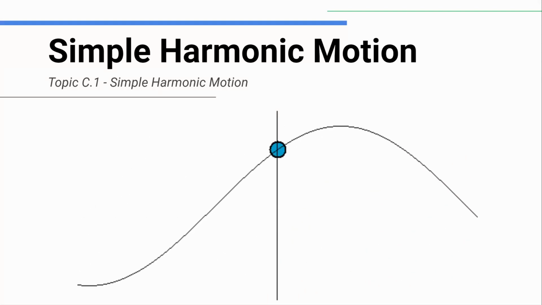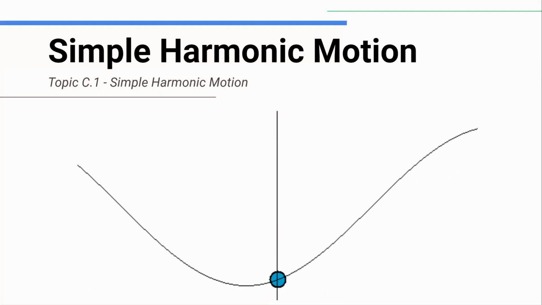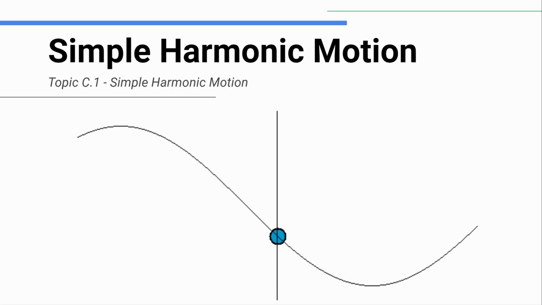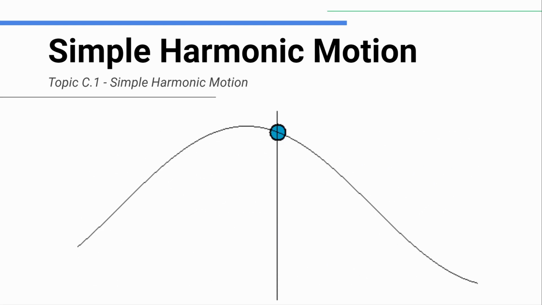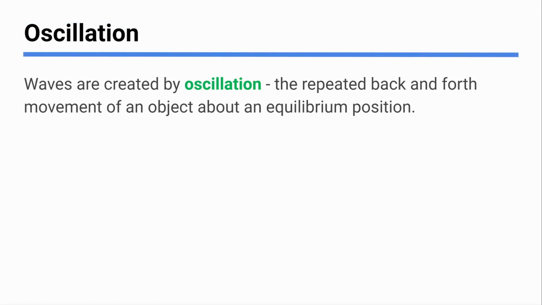Hello, in this video we're talking about simple harmonic motion, a very special type of motion that causes waves. Simple harmonic motion is a specific type of oscillation, and oscillation is a term we use that's a little more general. That means any kind of back and forth motion, specifically around an equilibrium position, some position where it likes to